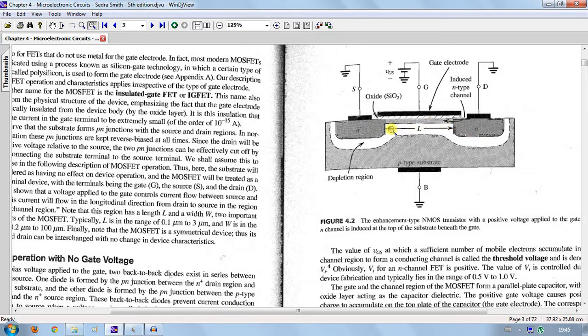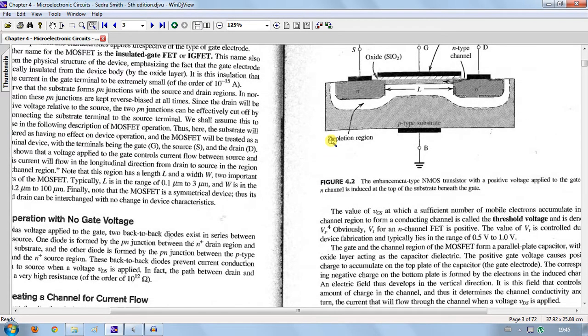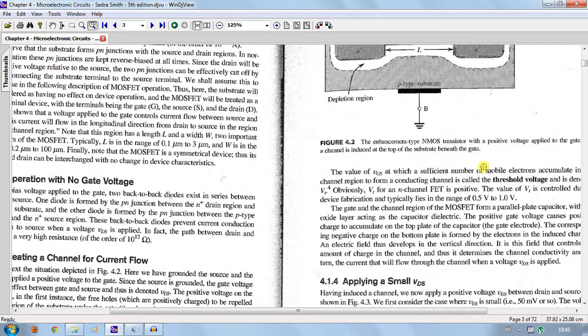So there is this channel of electrons created here, and therefore a channel is created. The more the VGS, the more the density of the electrons over there. But for the channel to be created, a minimum VGS is required, which is called the threshold voltage,